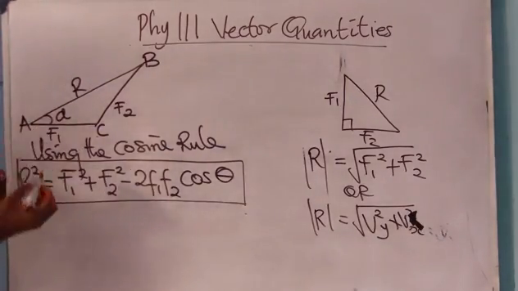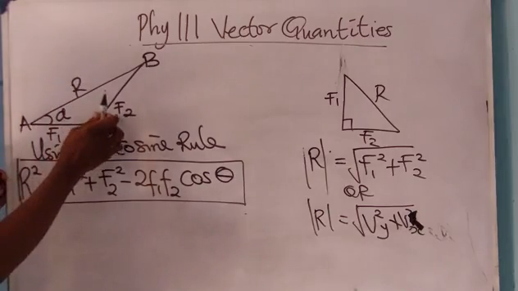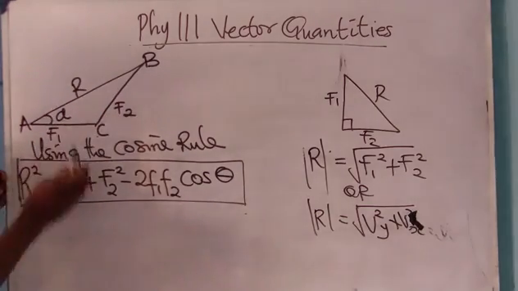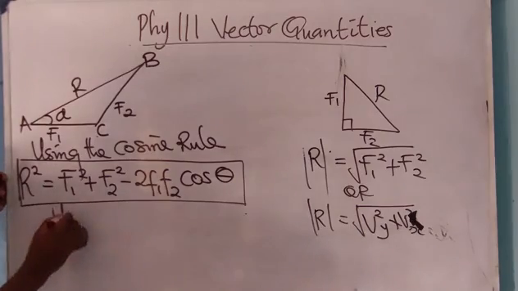This place is an angle, this is the resultant vector, and this is F2 and F1. This is what? The cosine rule. Then using the sine rule,